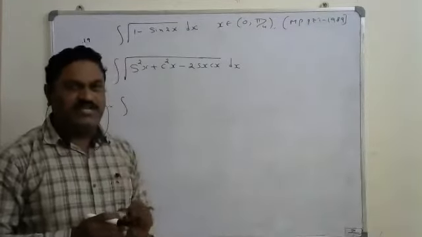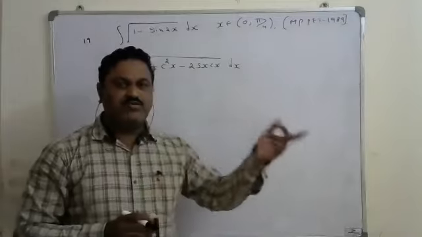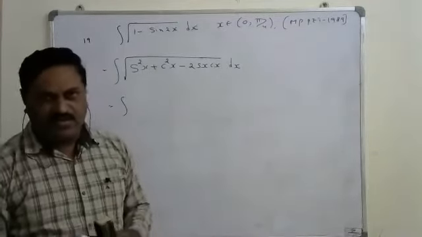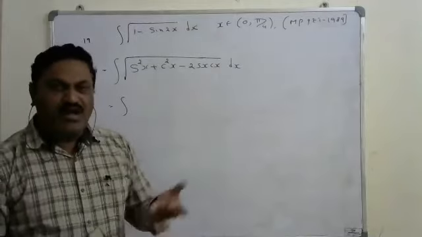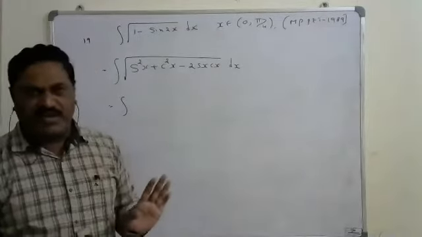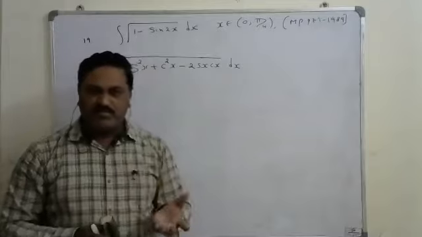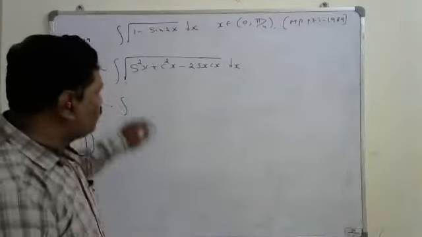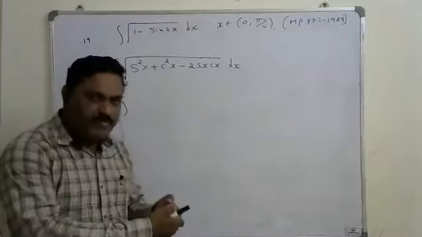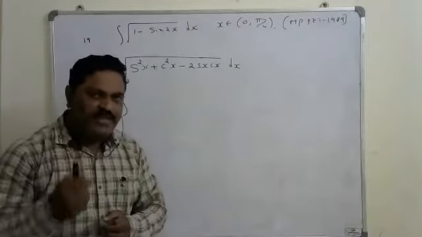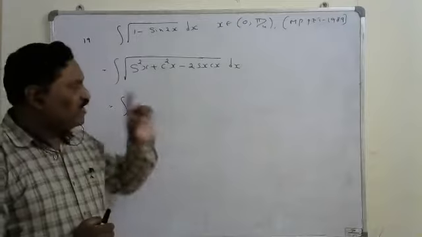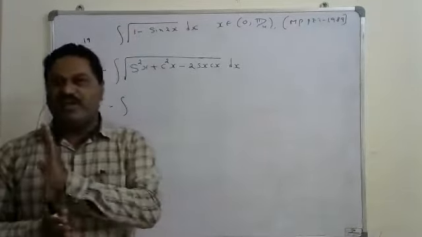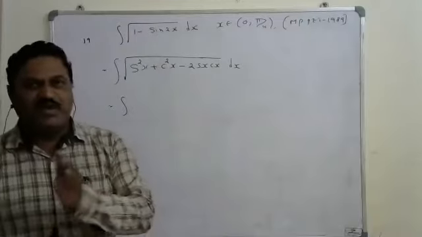Here there are two possibilities. Either I can write sin x minus cos x whole square, or cos x minus sin x whole square also. So options were there for both the cases. Which one do we have to select? Since it is a square root function, whatever comes out of the square root should always be a positive value. That's why whenever there is a minus sign in between, we have to write bigger value minus smaller value, always.